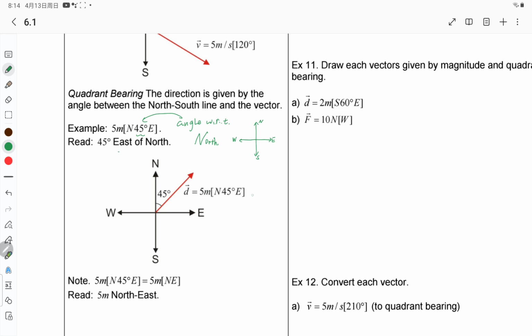So we always have the north direction as our reference direction, and then we tilt from this north reference by 45 degrees. Whatever this number would be, like 50, we just change it to 50. So the reference is always